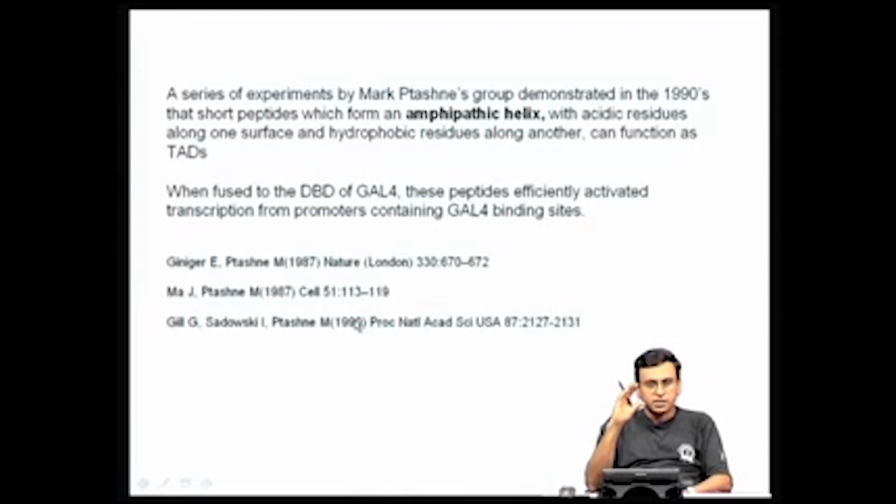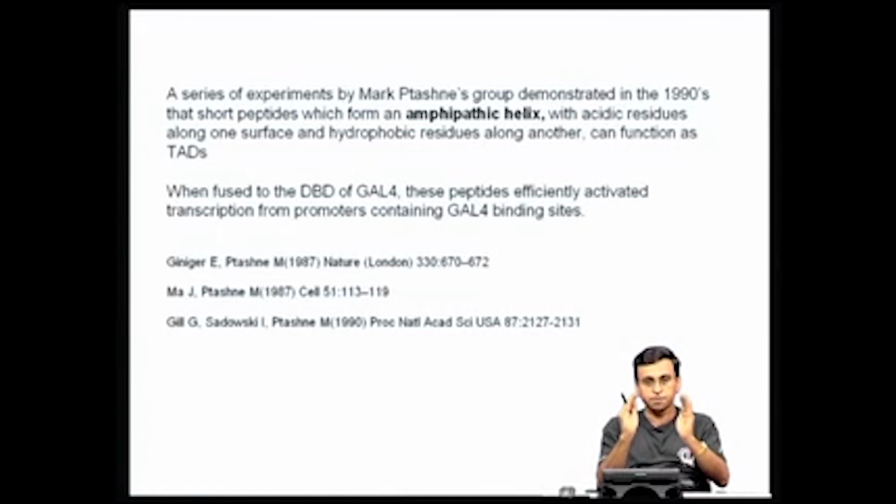Very interesting experiments were done in the late 80s or early 90s, especially from the laboratory of Mark Ptashne, where he extensively studied some of these transcription factors which contain the acidic activation domain, and he created an artificial transcription activation domain which contains what is called an amphipathic helix. This is not a natural domain. He constructed an artificial transcription activation domain, which is basically a short peptide in which the acidic residues are present on one surface of the helix and hydrophobic residues are present on the other